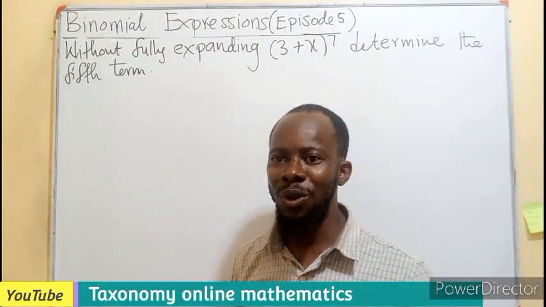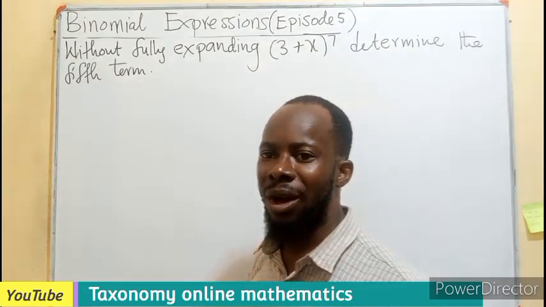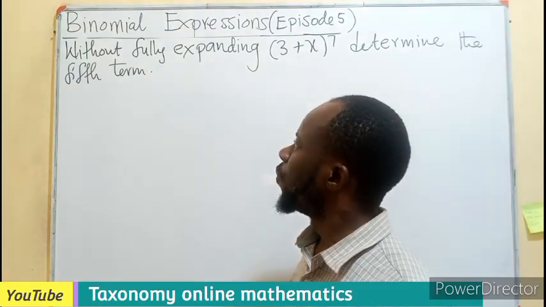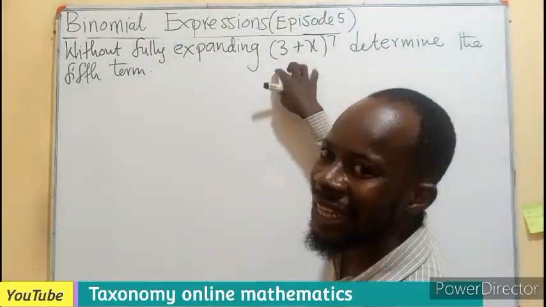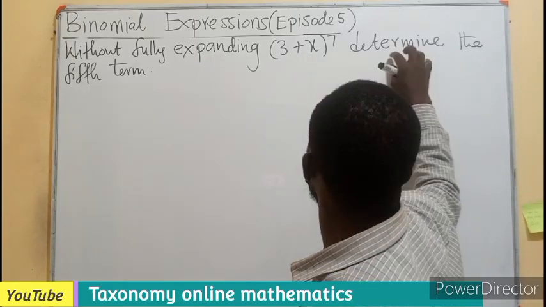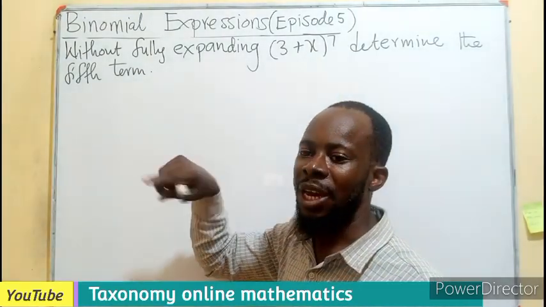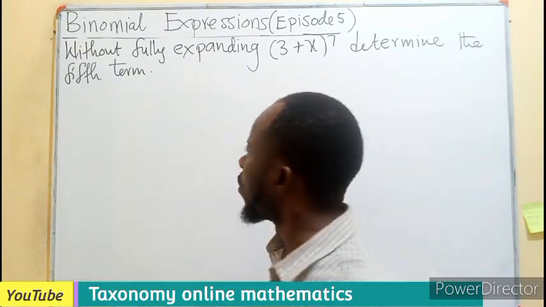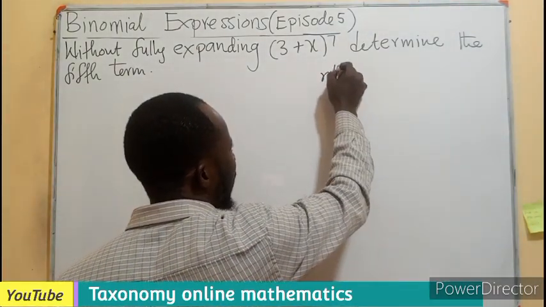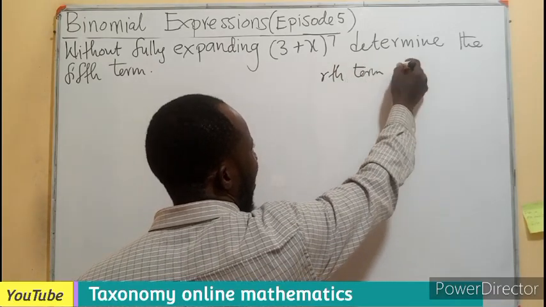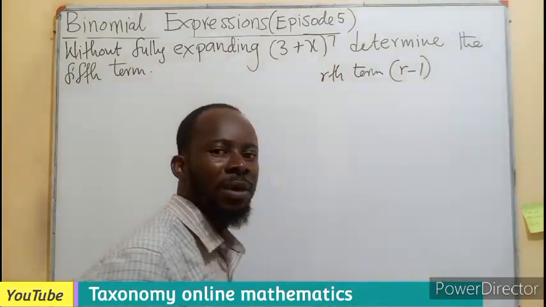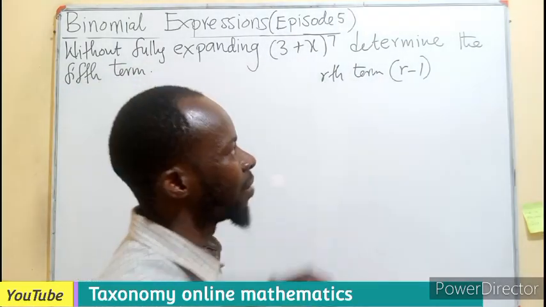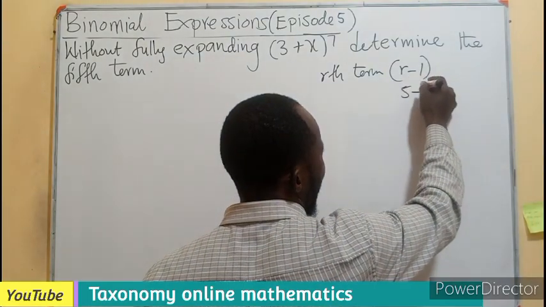Let's continue episode 5 of the binomial series, binomial expansion, the binomial theorem. Without fully expanding (3 + x)^7, we are to determine the fifth term. In our previous lesson, we learned how to find a specific term. If we are looking for the rth term, it is just r minus 1. So in this case, the fifth term, which is the fifth for r, will give us 5 minus 1, which